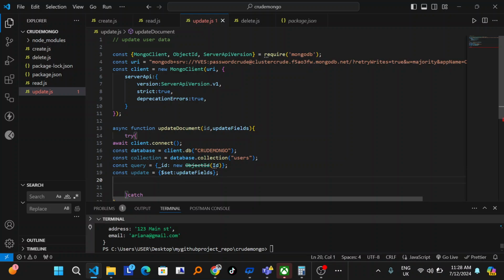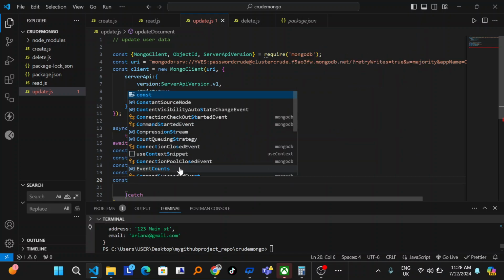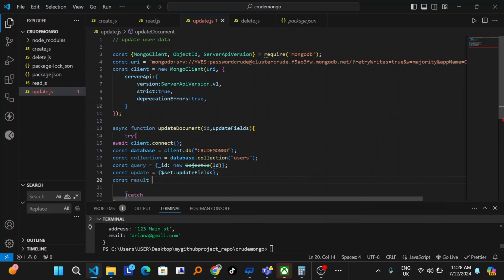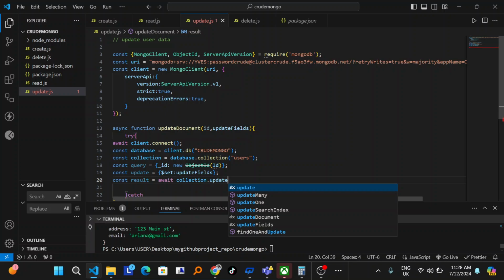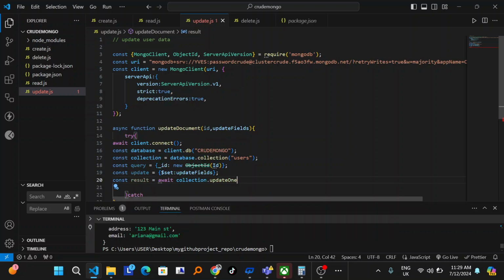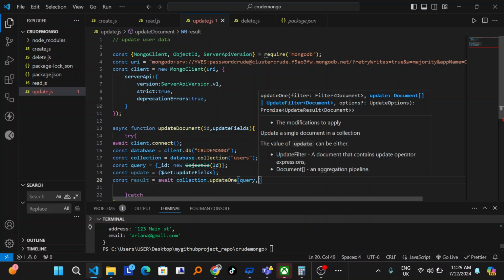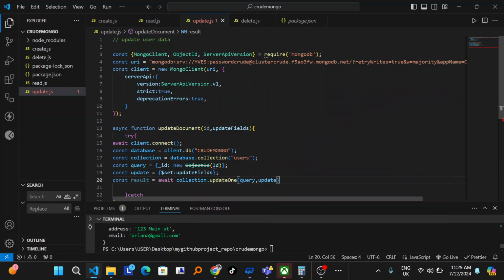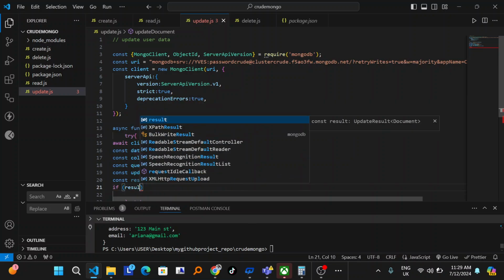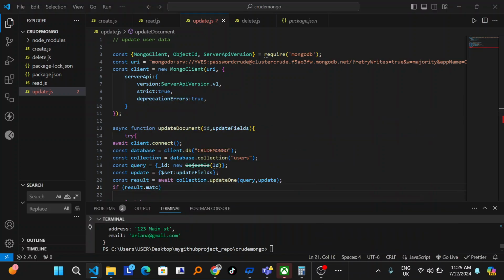After writing this, I have to write const result equal to await collection.updateOne, same like this, and then my query on the side of the parameter, I have to put query and update and semicolon here, and provide an if condition. If result.matchedCount equal to 1,